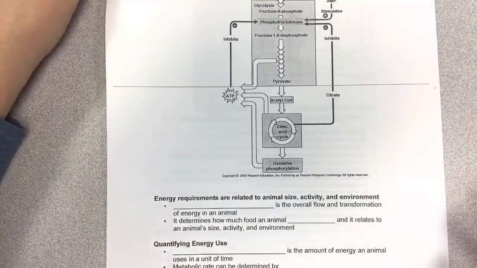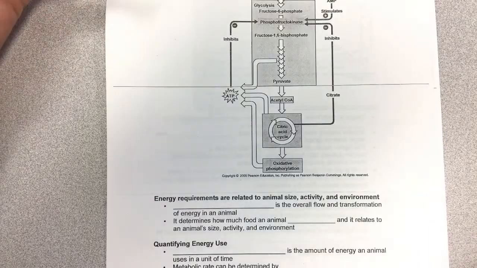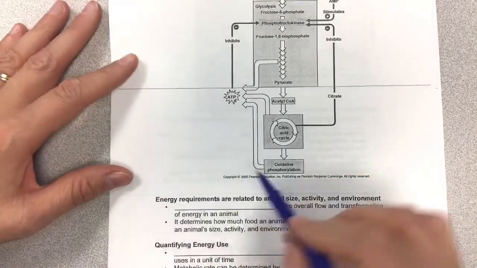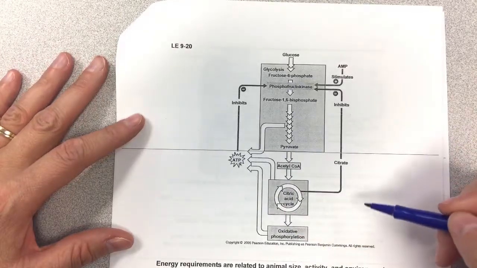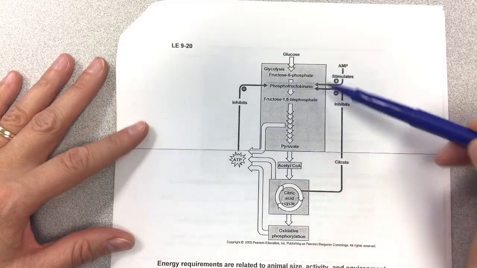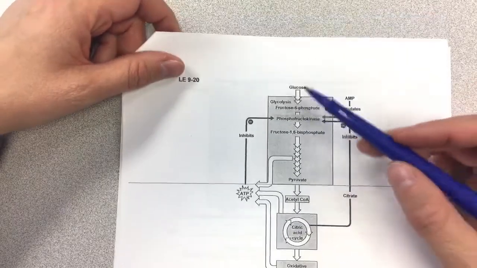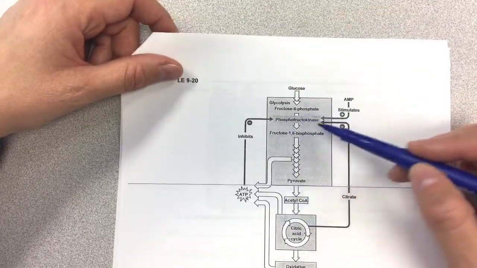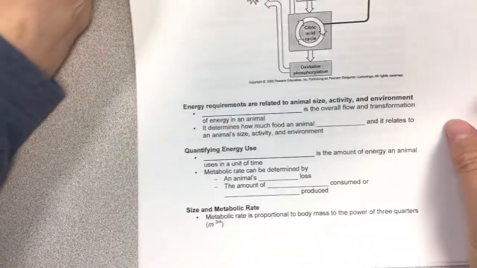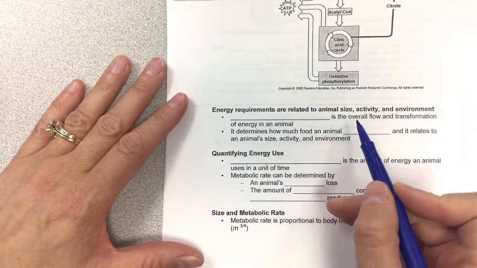Okay, so let's relate cellular respiration now to animals and their activity and size and so on, and see how that relates. Up here we had just finished talking about how cellular respiration can be regulated by inhibiting enzymes or stimulating them, activating the enzymes. And remember, this was a review about inhibiting or activating the enzyme in one of the very first reactions here in glycolysis. All right, so let's look at how these energy requirements are related to an animal's size, their activity,